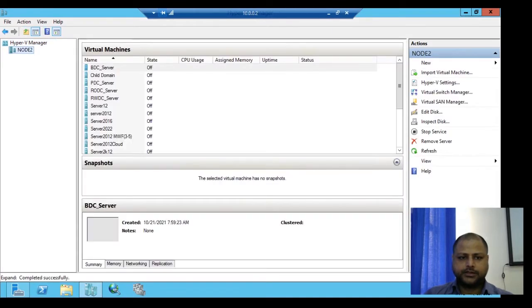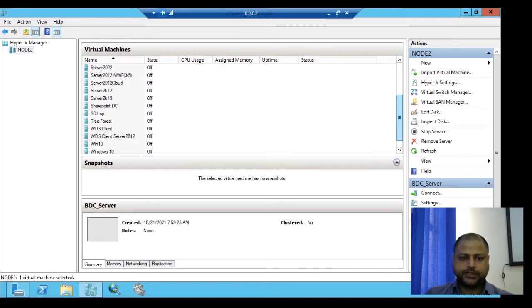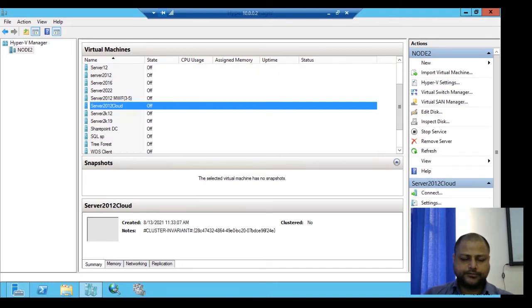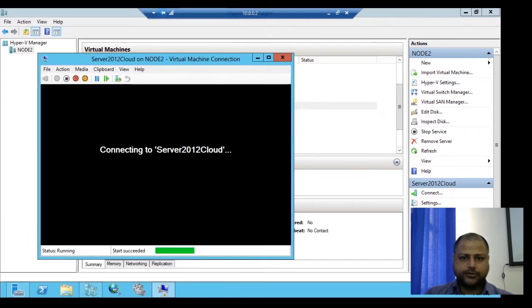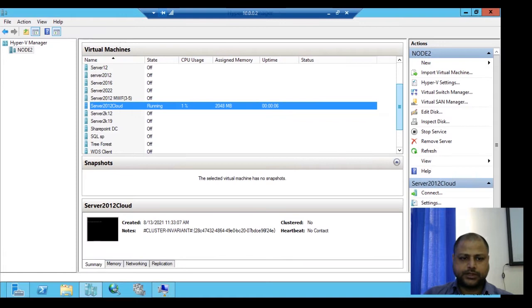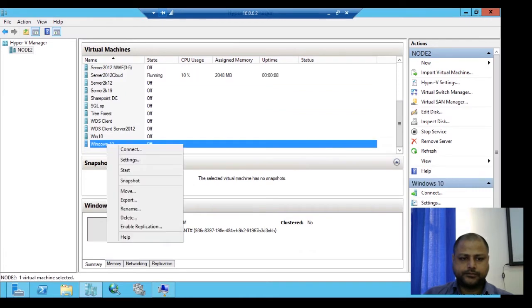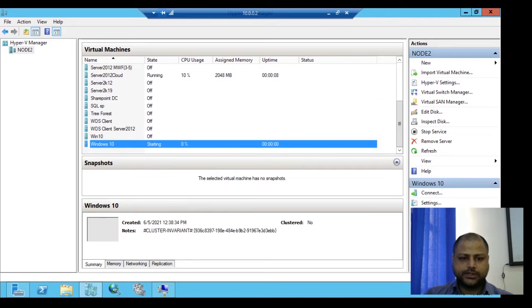So the server is already there. Here you can see that a lot of systems are there in the cloud, and within that we'll start a server for the configuration of the domain structure. This is the server for the cloud, and simultaneously we will also start the node for the client so that we can prepare a domain structure. So we'll start a domain client. You can see that we'll start this one also.